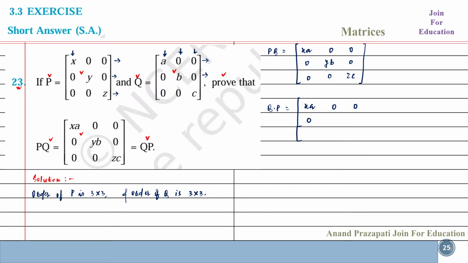Second row by second column will be by or yb. Second row by third column will be 0. And this is the third row. Third row by first column will be 0. Third row by second column will be 0. And third row by third column will be ZC. So from working it is clear that